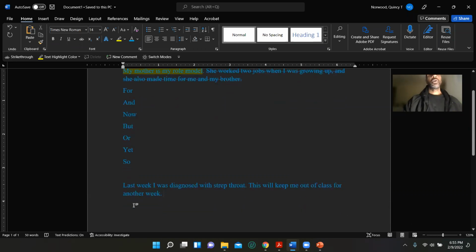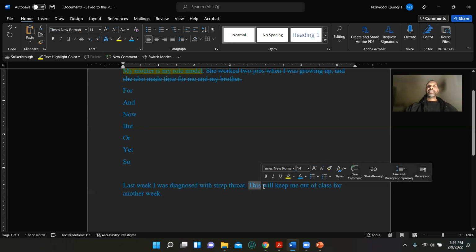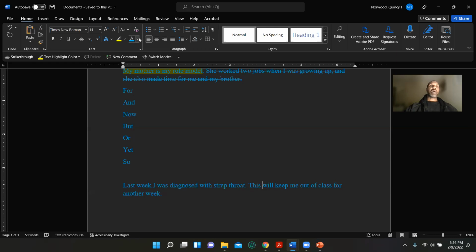Repetition is this: Last week I was diagnosed with strep throat. Hopefully I'm not bringing that on myself by using it as an example. This will keep me out of class for another week. Instead of just going with "this" right here,